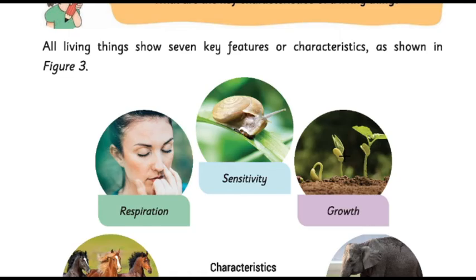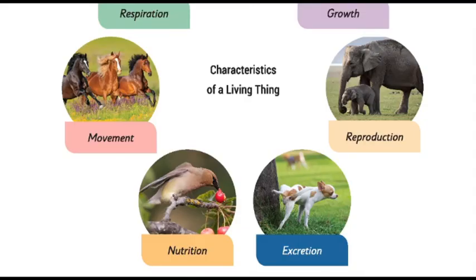Okay students, hope you all understand what I have taught you till now. What are living things and what are non-living things, and I have shown some pictures and asked you to point out which are living things and which are non-living things. I have given the observation sheets of Ravi and Susan, and we have assessed the sheets of Ravi and Susan, and now we have seen the seven important characters of living things.